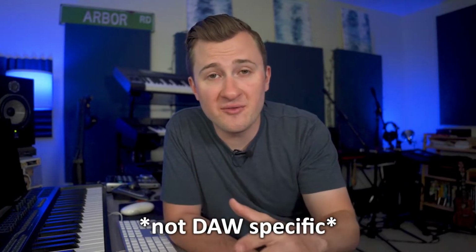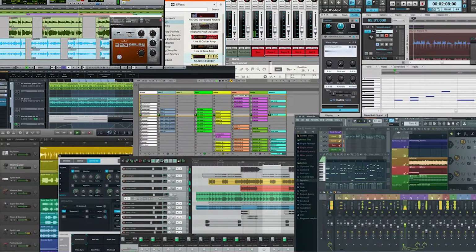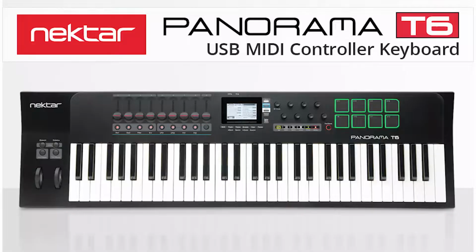Now, a quick note, none of these MIDI controllers are DAW specific, which means they will work with any and all of your standard digital audio workstations. Now, a few of the controllers are designed for specific integration with certain DAWs, but again, I'll let you know which ones those are. The first keyboard on the list is the Nektar Panorama T6, and I gotta say, this